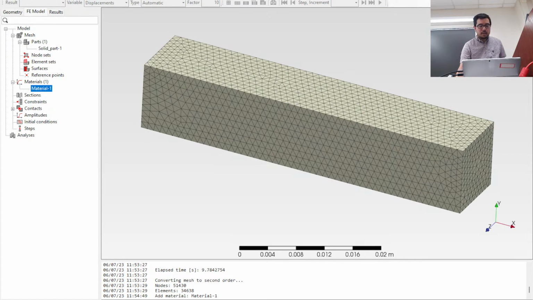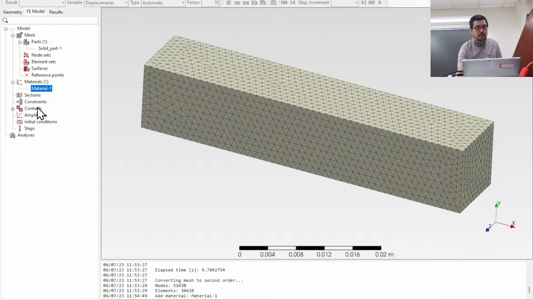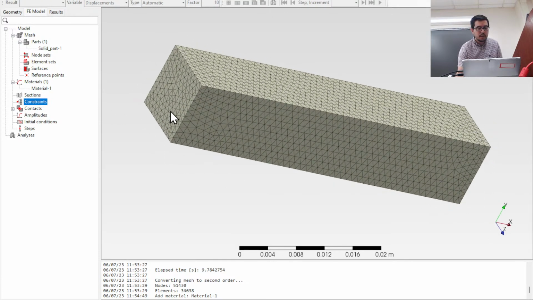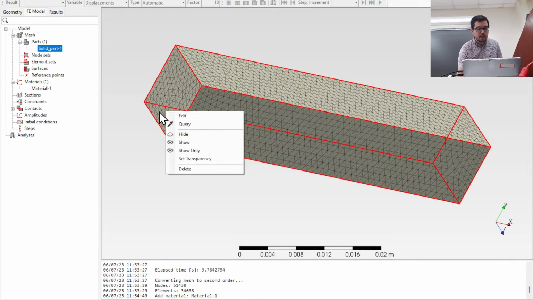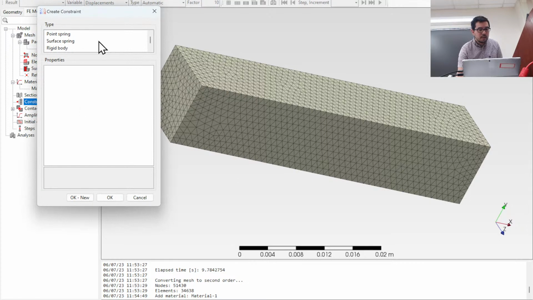Now this is the original geometry. What we want to do is make one side a wall, and then I'm going to put a force on the other side, and I'm going to pull it. That's going to be our axial loading. So for that, let's go ahead and add a constraint. We're going to create a constraint, and it's going to be a rigid